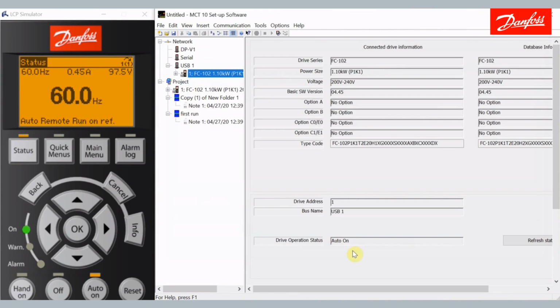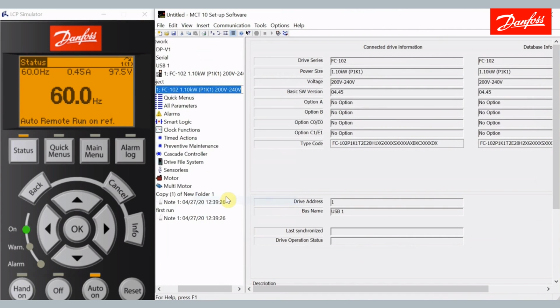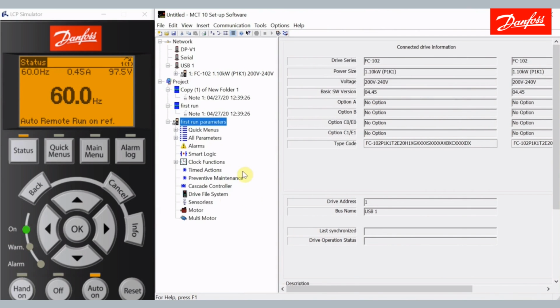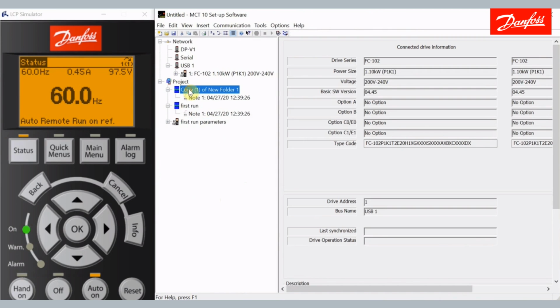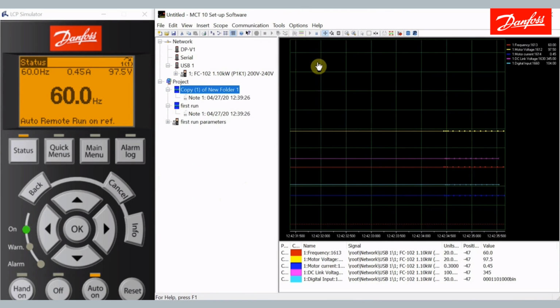Copy done, close this window, and then why not rename first run parameters. That way we have a first run scope trace, the associated parameters, and then we can go back here and acquire data, resume tracking,